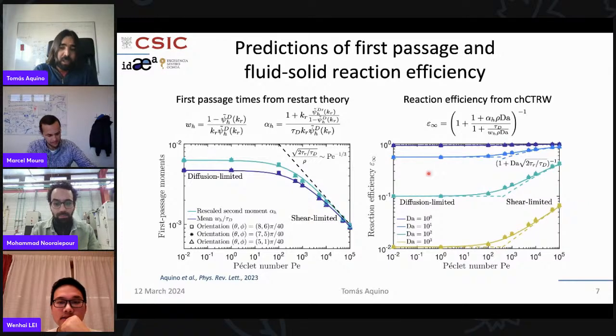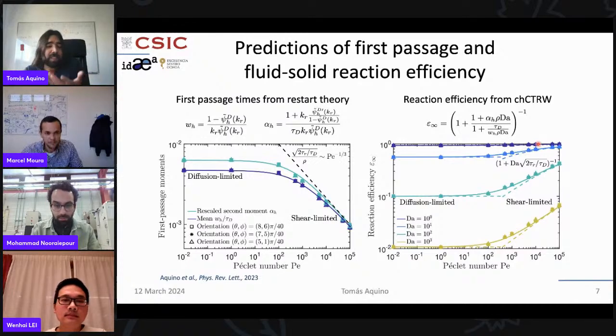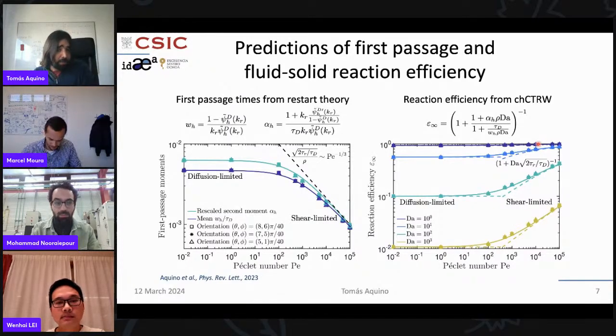In particular, remember that when we have low Damköhler number, we have essentially no effect because the pore space stays mixed by diffusion anyway. But when you have high Damköhler number, so fast reaction compared to diffusion, we can get at high Peclet quite significant effect in terms of the reaction efficiency.